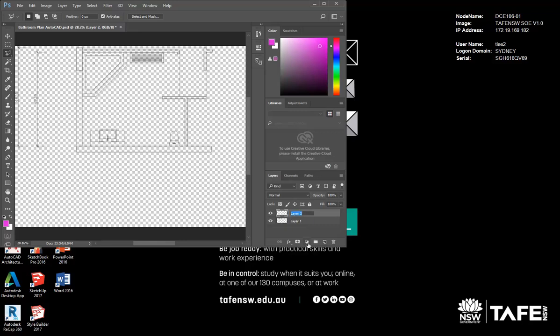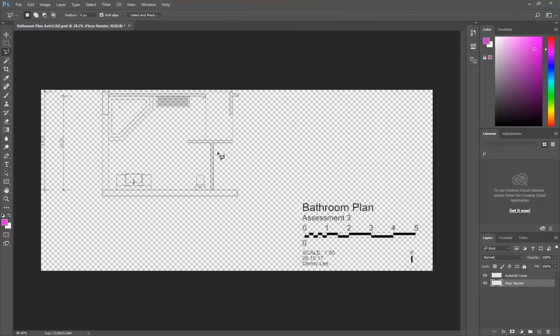I'm going to double click on that and I might call that Floor Render. Then Layer 1, I'll double click and I'll call that AutoCAD Lines. And then the really important thing is that I'm going to drag that AutoCAD Lines layer to the top. Your line work should always be on the top, and then you render underneath. So I'll go back to Floor Render now, maximize this, and